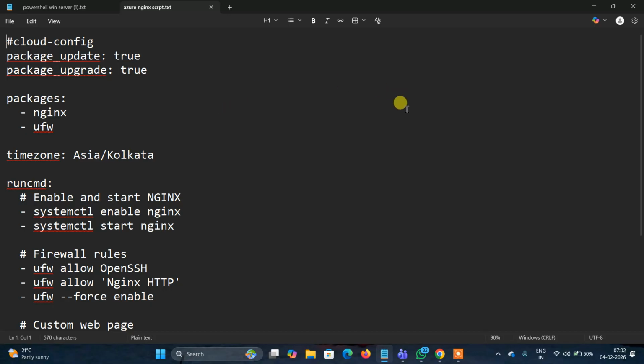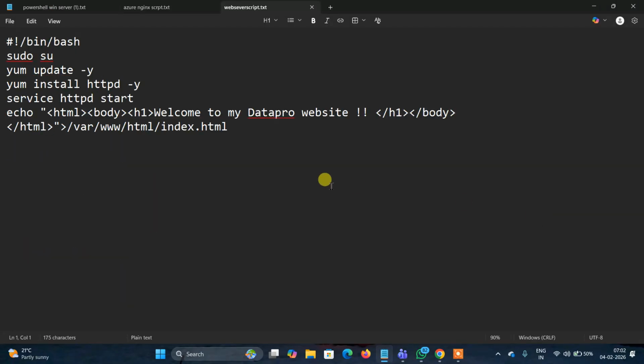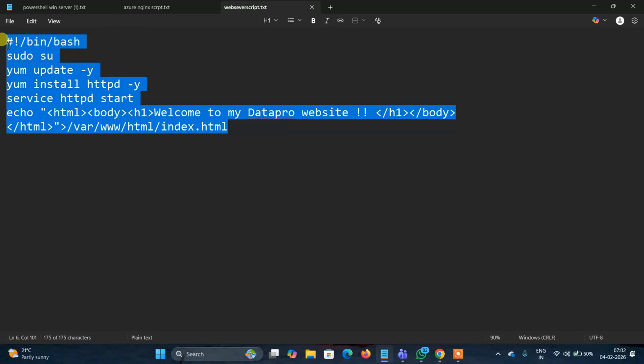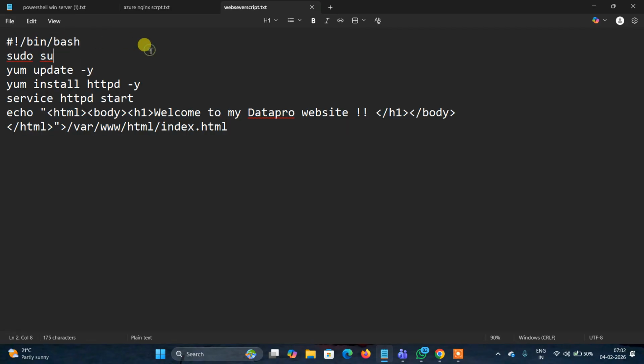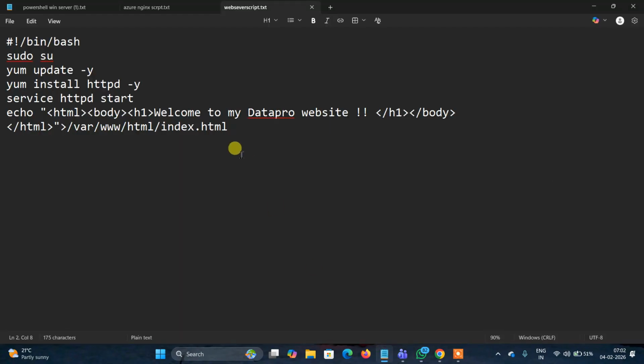Do you remember that in AWS we had a script that we used? This script. It will install the Apache server on the AWS EC2 machine. Here, we'll do the same thing. We use this script,